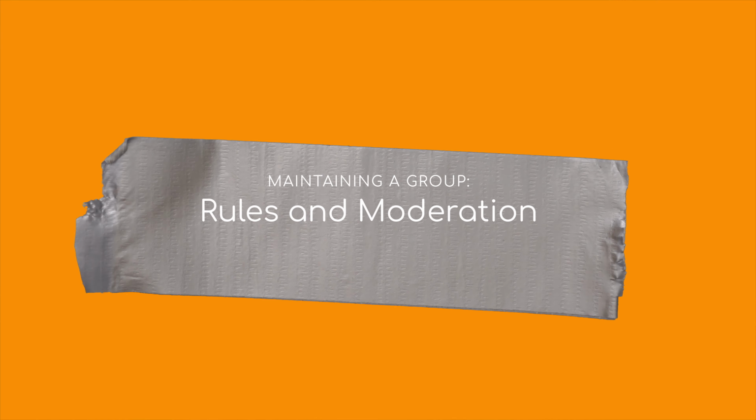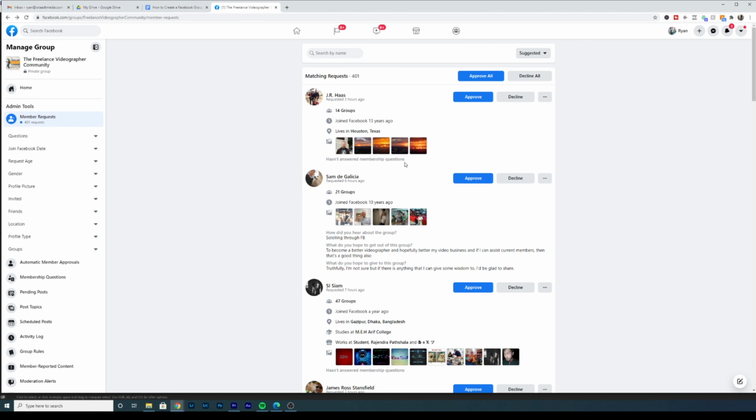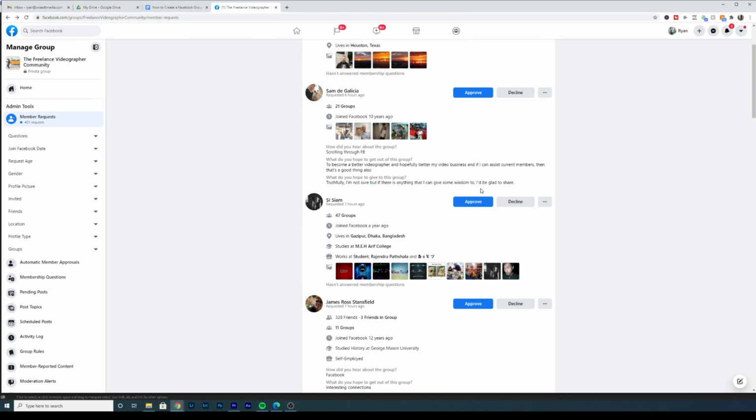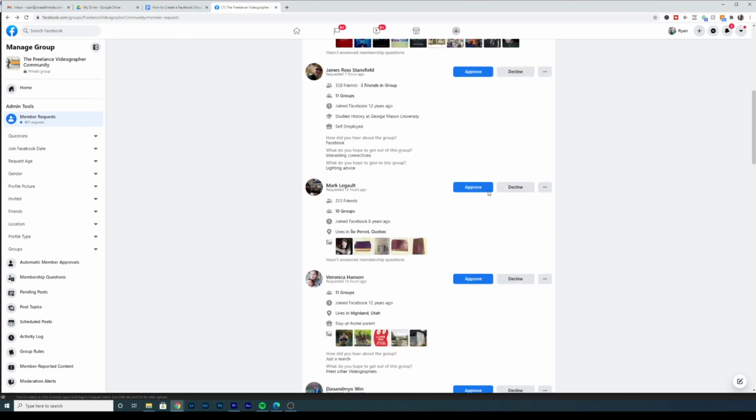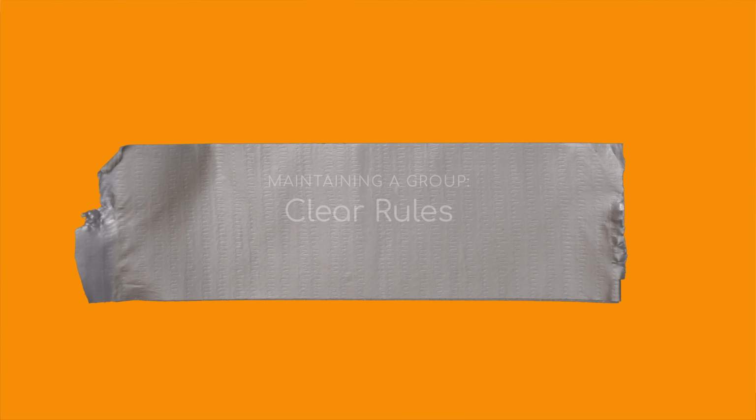Once you start getting a lot of people in the group, the next thing is to have some steps in place for moderation. Moderation is basically the people that create the group have to make sure that people are being behaved in your group, not saying hurtful or mean things, and adhering to the group rules. So the first step is developing a clear set of rules about what can be shared in the group and what cannot. Facebook has suggestions on things you can have as rules in your group, but usually it's no spammers, no solicitations, no camera gear reviews, or whatever it is that's specific to your niche.